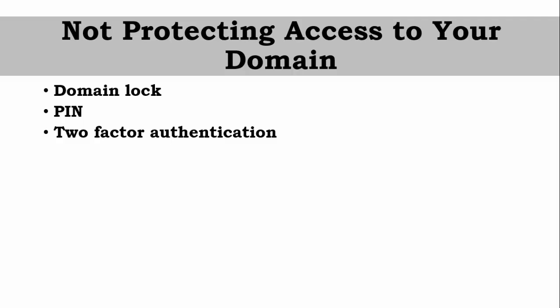Now, if you had a domain name that was super valuable, or you want to go to the next level of security, some domain registrars have another level of security, and this is a physical two-factor authentication key. This is kind of like a key for the car. Without the key for the car, you can't turn it on and can't drive it. With this physical authentication key, it's like a little USB drive you plug into your USB port, and then when you're trying to log into your account,